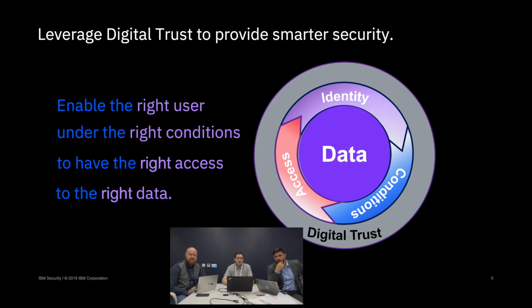And then obviously the right data: is that data pertinent again to what you need to do? Are you accessing data that's maybe outside the scope of your role, or have you gained over time, if you've been in the company for a while, more and more ability to access data that maybe you just don't need anymore? That's true, and I'm sure everyone can relate to that, see that happen.